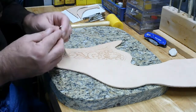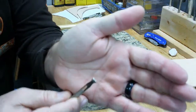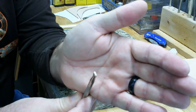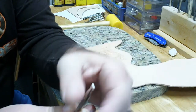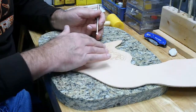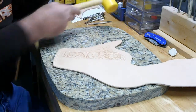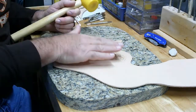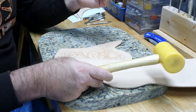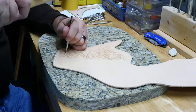The next tool is called a backgrounding tool. And just like it's named, it does the background. So anywhere you're going to have a background area that might be dark, or that's going to show that maybe the flower's laying on something, that's where you want to use the backgrounding tool. So down here in this area,